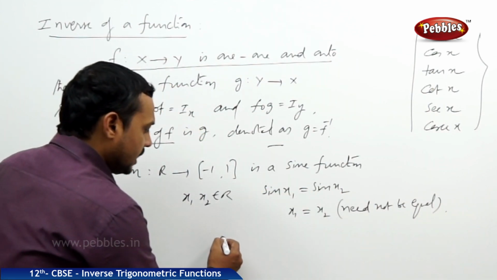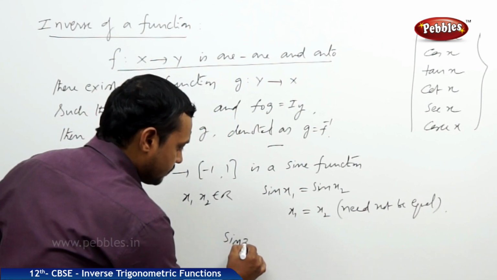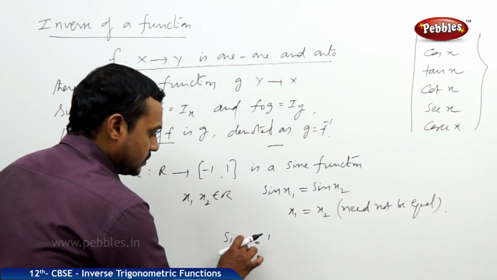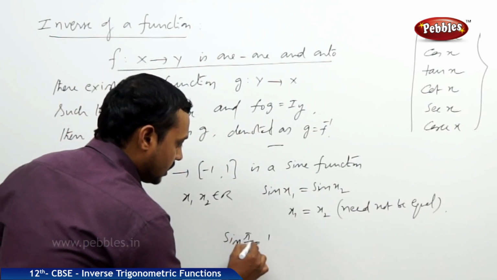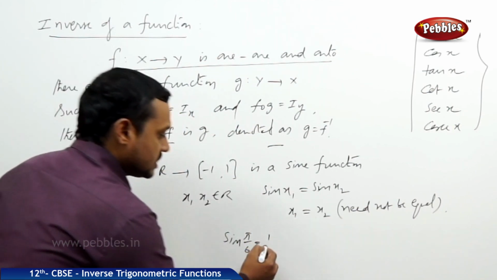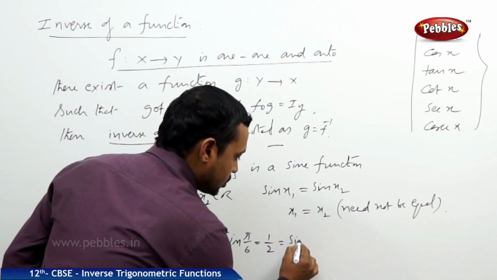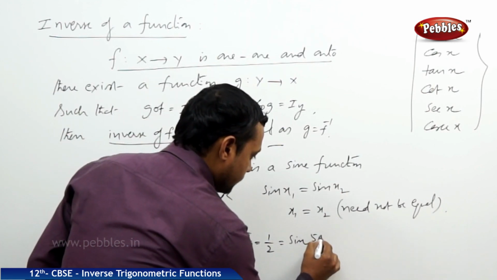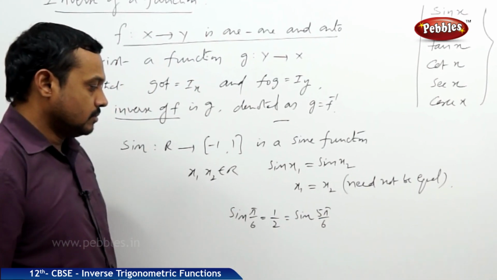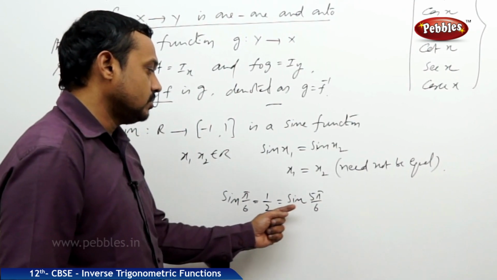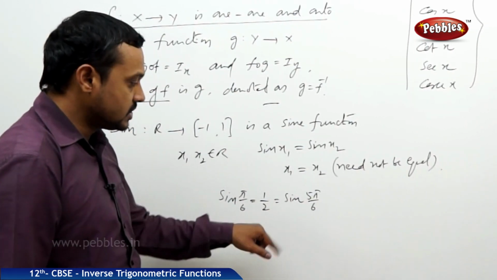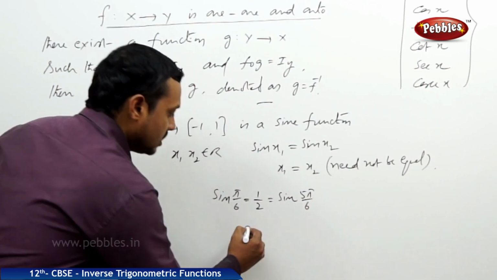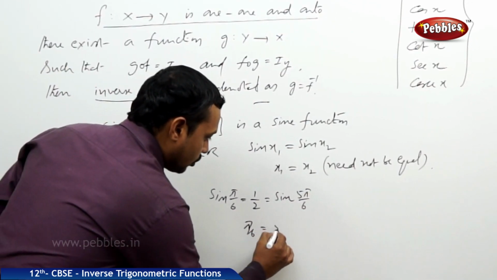A simple example is sin 30 degrees, which is sin pi by 6 in radians, is equal to 1 by 2, which is also equal to sin 5 pi by 6. Sin pi by 6 is 1 by 2, sin pi minus pi by 6, that is also 1 by 2. Therefore, here sin x1 is equal to sin x2 implies pi by 6 is equal to 5 pi by 6,